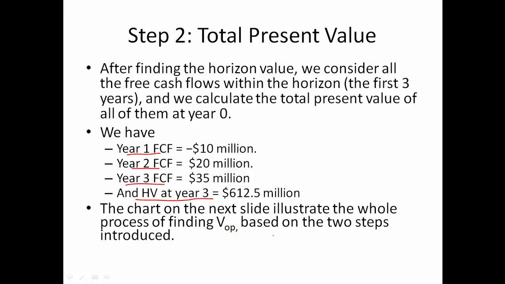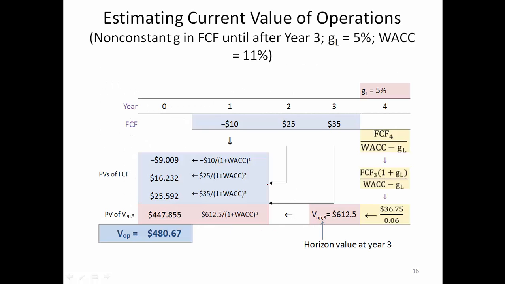And the chart on the next slide illustrates the whole process of finding the value of operations based on these 2 steps introduced. As you see from this chart, after we estimate the horizon value based on the constant growth model,